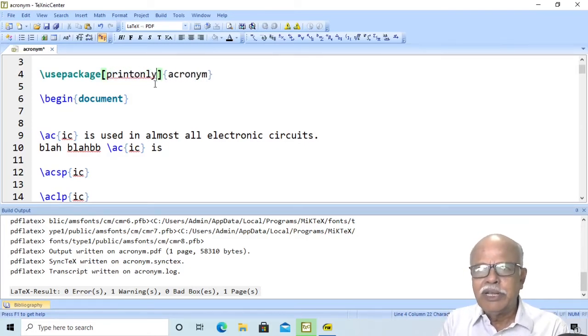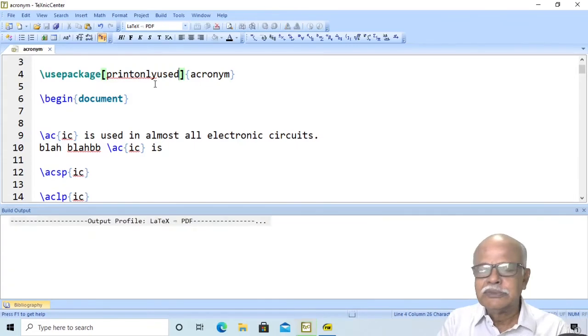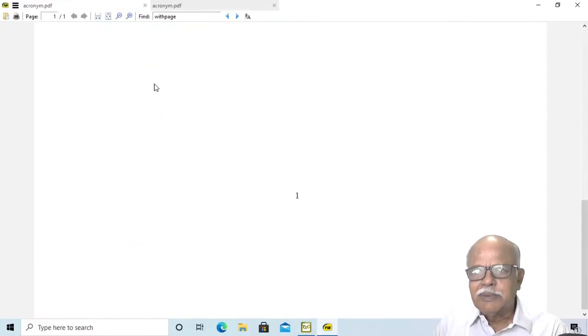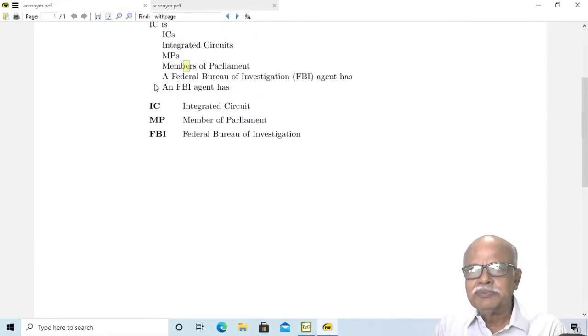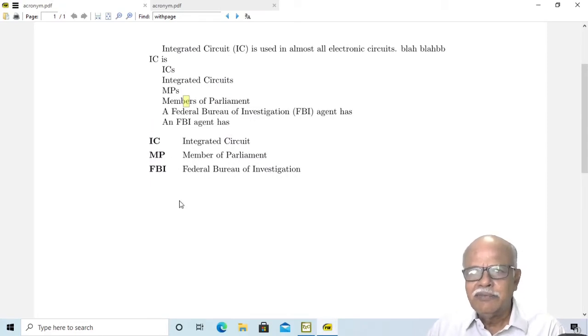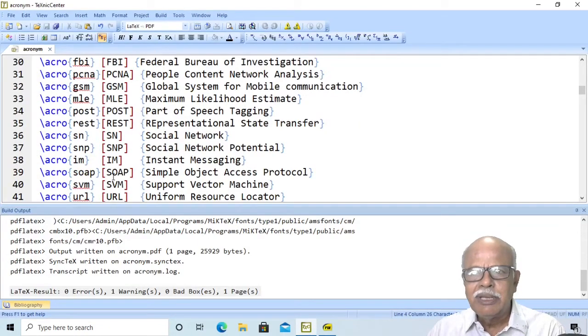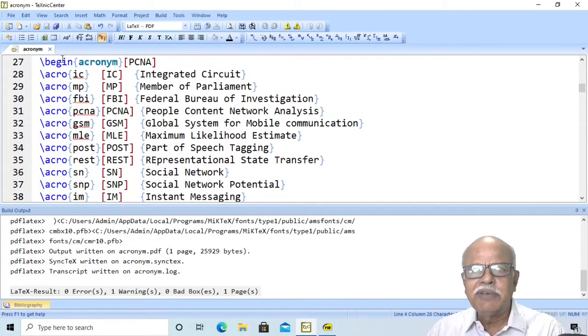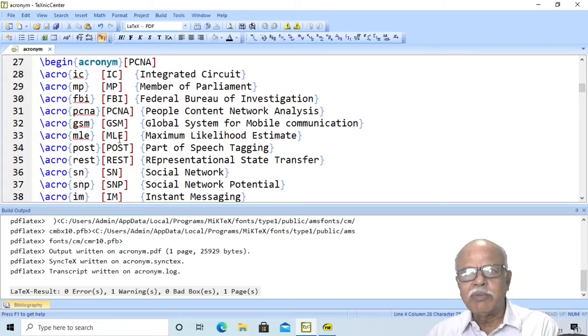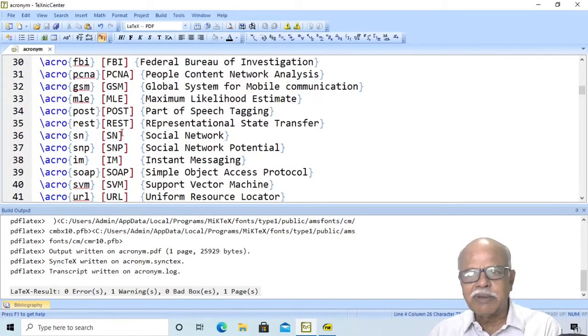Print only used. This option will be very useful. Here we have used only 3 acronyms, IC, MP, FBI, only 3. Only those 3 will be listed here, even though in the text file, in the acronym environment, we have got a larger number of them.